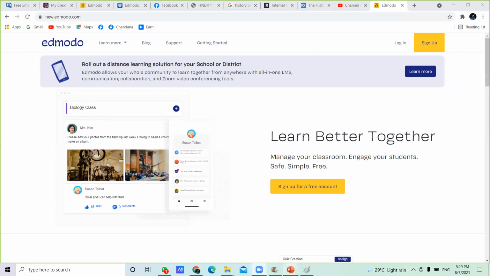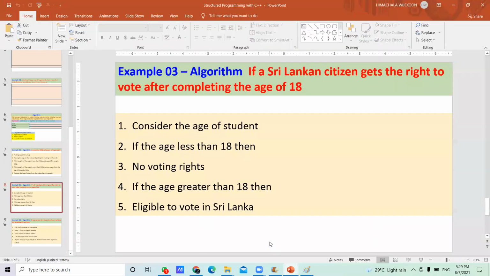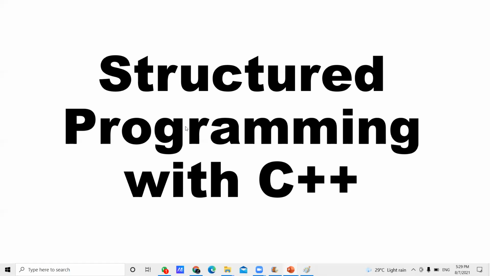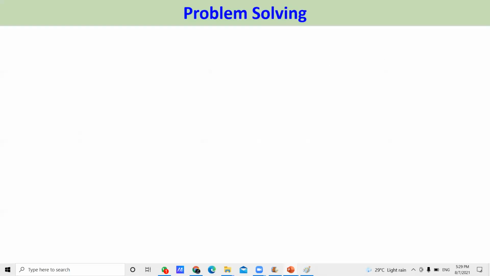Then I am going to share a presentation here. Structured programming with C++.